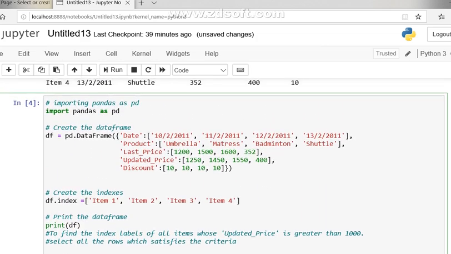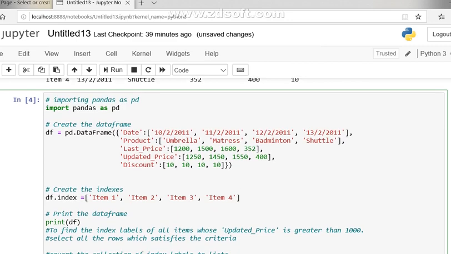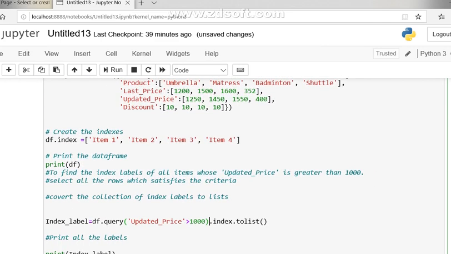You see here in the question, absolutely everything is the same. First we have a data frame, clear, converted from a dictionary, then we have created the indexes, printed the data frame, and then we use the commands to find the index labels whose updated price is greater than 1000, showing all those which satisfy the criteria, and this operation converts the collection of index labels to a list.